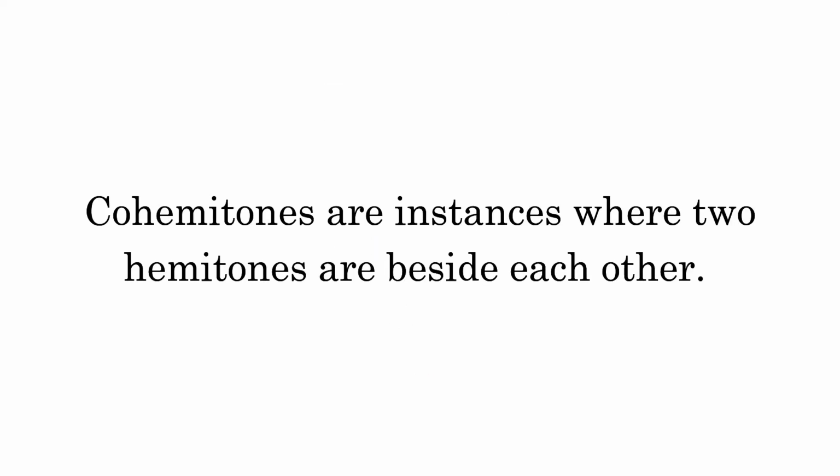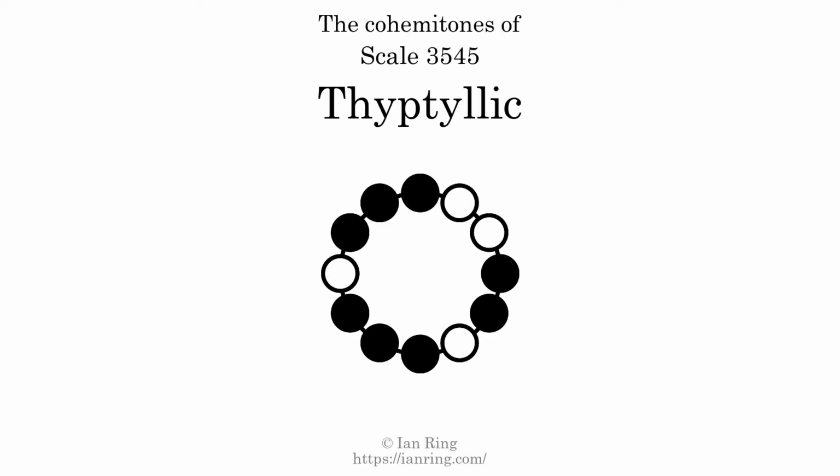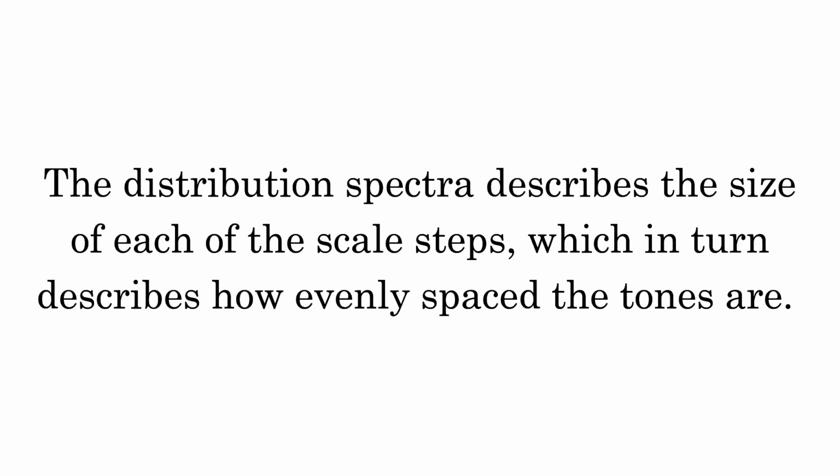Cohemitones are instances where 2 hemitones are beside each other. This scale has 2 cohemitones. They are at positions here, and here. The distribution spectra describes the size of each of the scale steps, which in turn describes how evenly